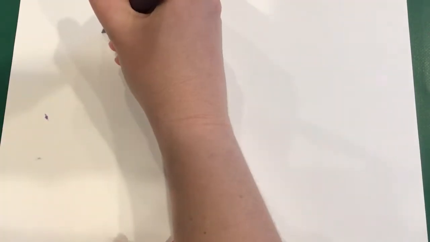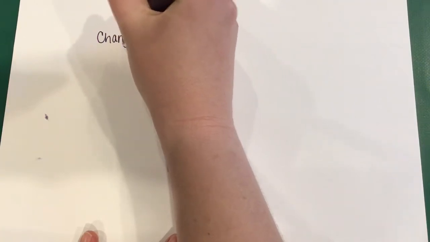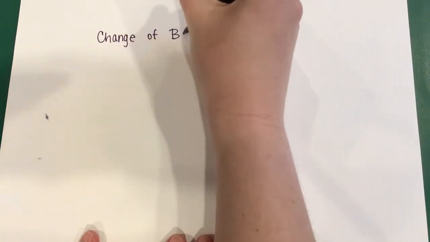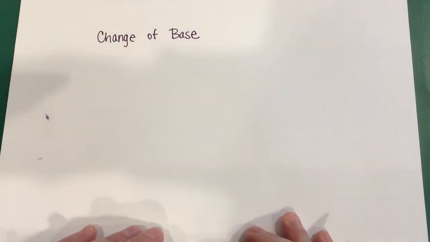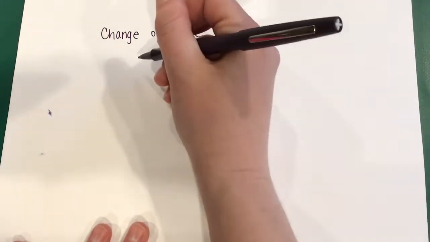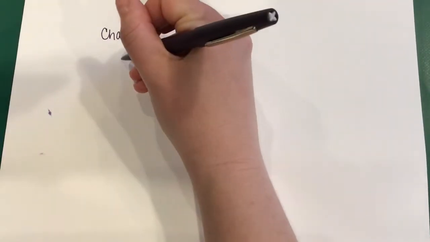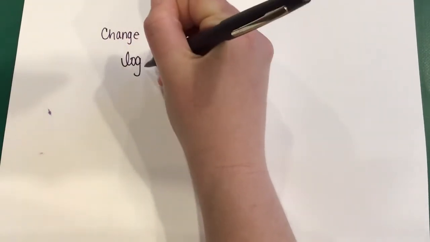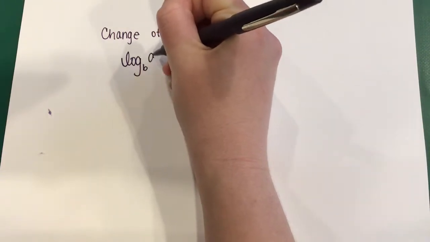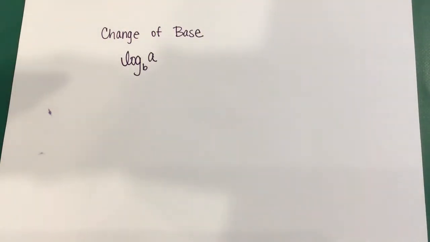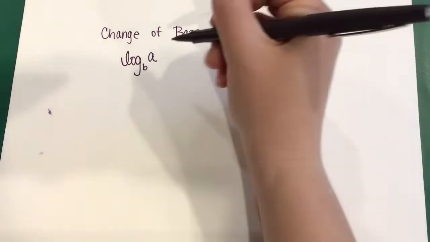But I am going to teach you guys how to do it in the calculator. But just so you know, depending on what calculator you have, the response of how to do it is going to be slightly different. Now, one way that we can use our calculator is by doing what we call the change of base formula. Now, let's look at an example. If I gave you log base b of a, and you wanted to type this into your calculator,